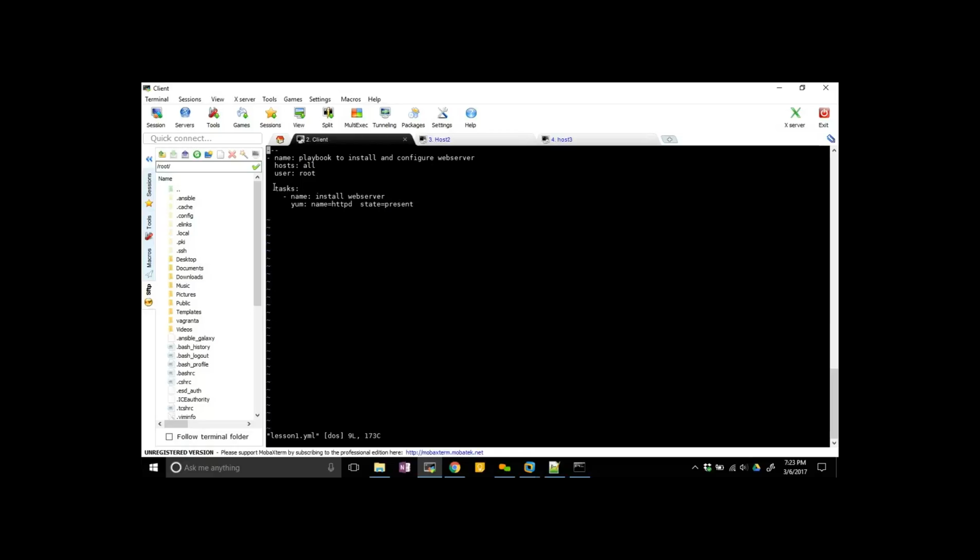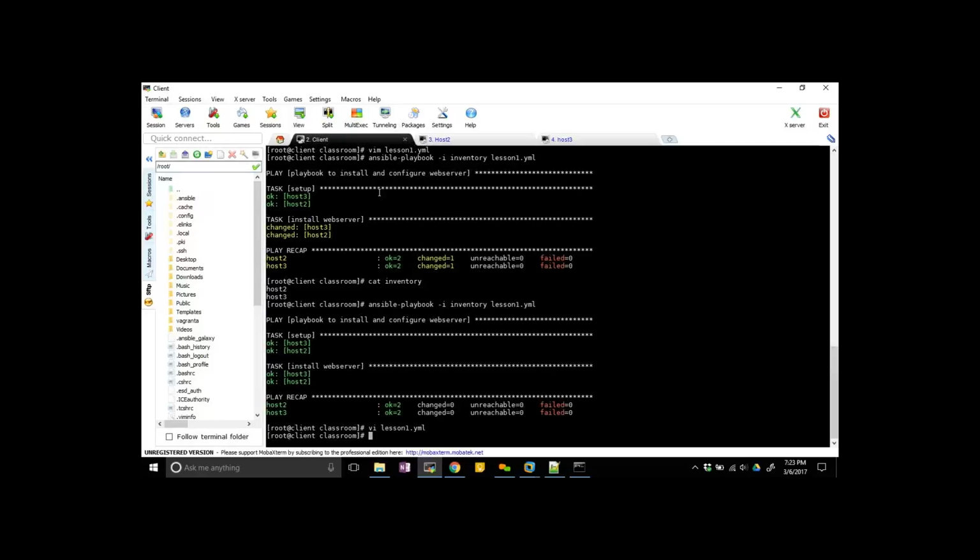And here is the task. I'm saying install web server, because when you run the script, it will show you this task name as install web server. Whenever you see the task name, the hyphen name which I gave you here, that will display when you are running the playbook.